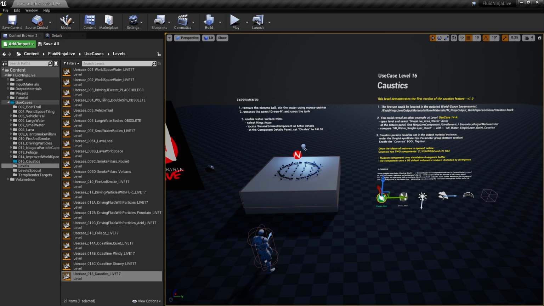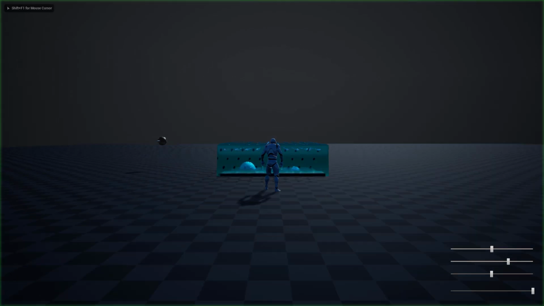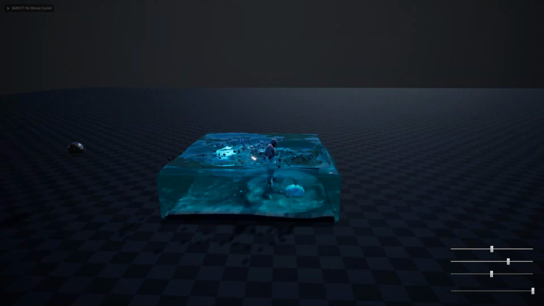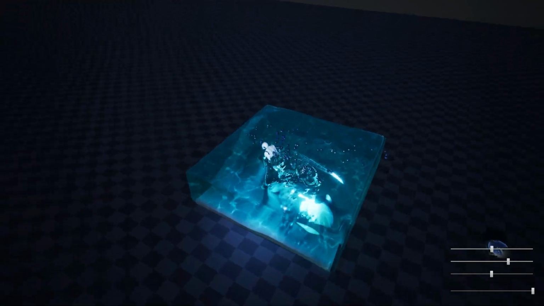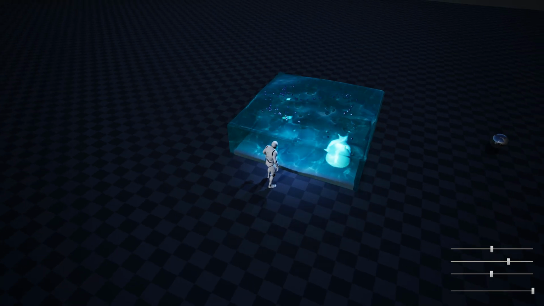But first let me possess the pawn and walk into this aquatic arena. So this is how it looks, and you could steer it with your mouse as well.